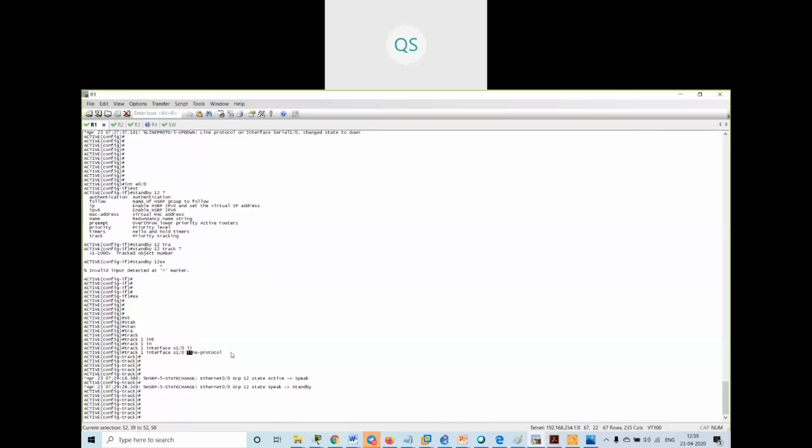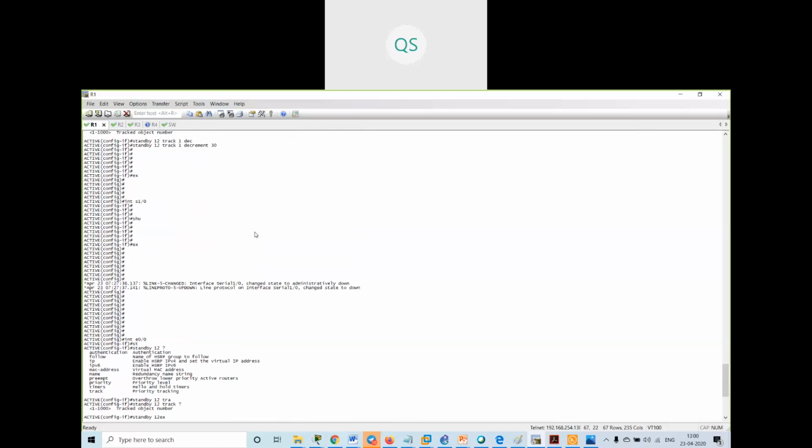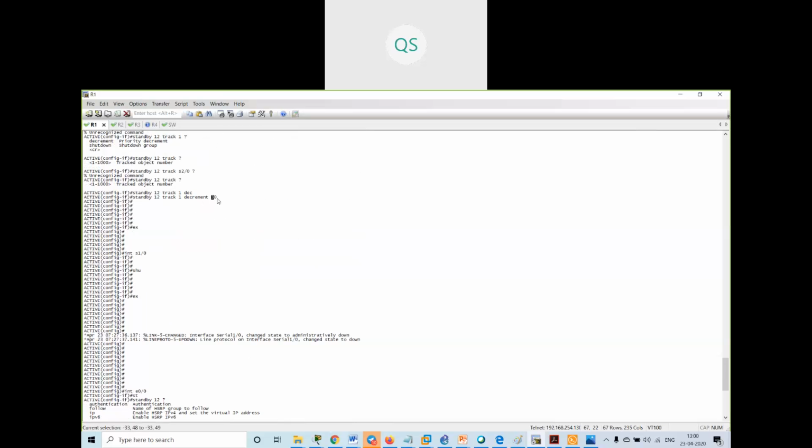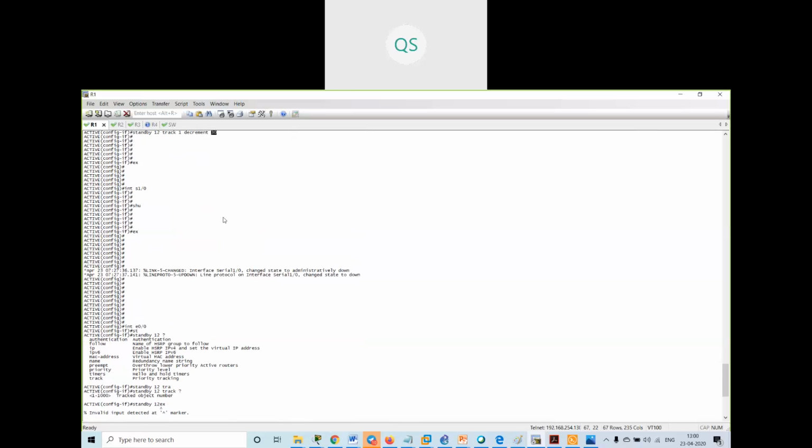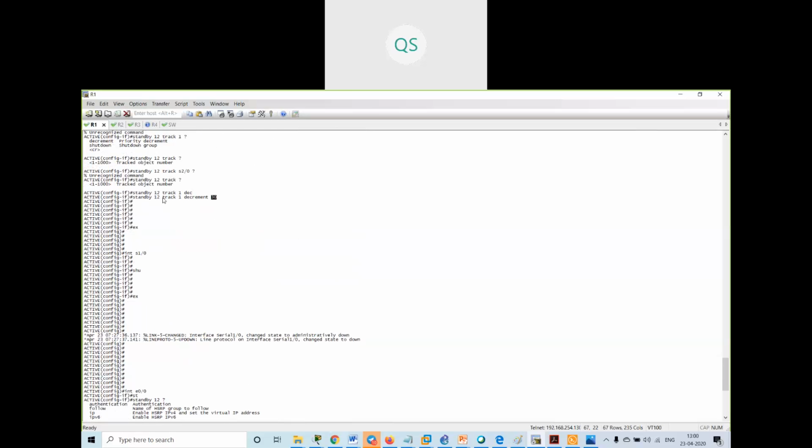If the line protocol is down, then I have to use the track 1 object. And to the track 1 object, I have given the standby track 1 object decrement value as 30. Whenever the line protocol is down, the track object is used, and its decrement value is 30.